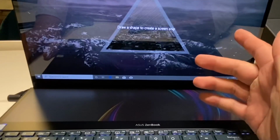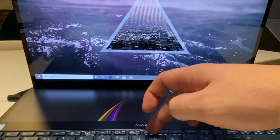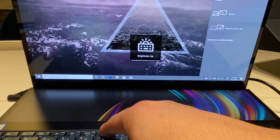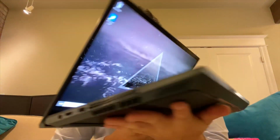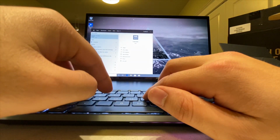Oh yeah, great. Screen snip. Turning off the webcam. That's great for privacy. This must lock it. This one here. That one is the project button. Setup, this is brightness. Touchpad disabled. This looks like screen brightness. And volume key. Alright guys, so that concludes our unboxing and setup of the Asus Zenbook Pro Duo, the most